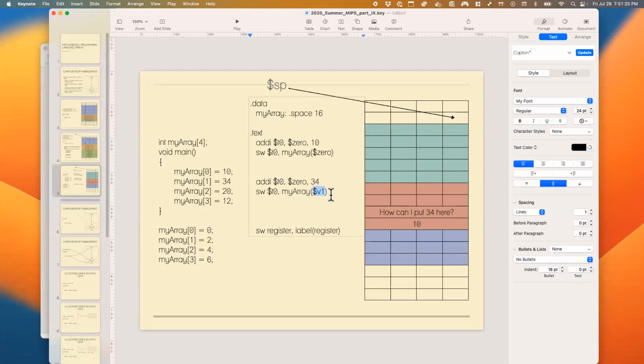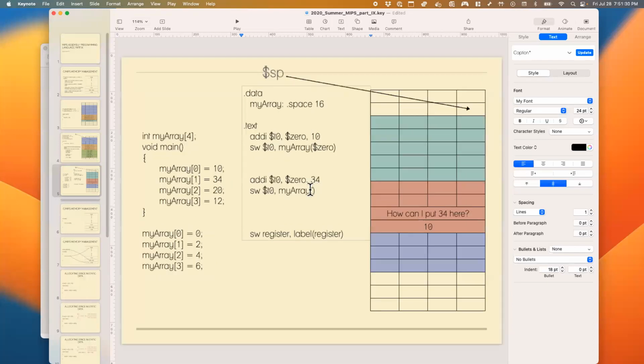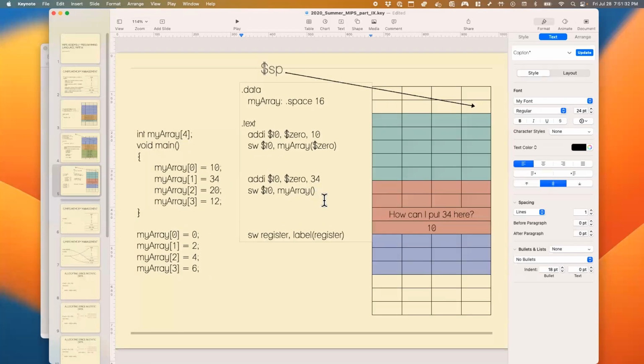So what would we like to have here? Can someone tell me? Like, what would we like to have? Let's forget about registers and numbers. What is the value that you want to have here? 4. That's good. So Anthony's saying 4. That's great. Can I put 4 here? I can't because I have to put a register here. So how about I